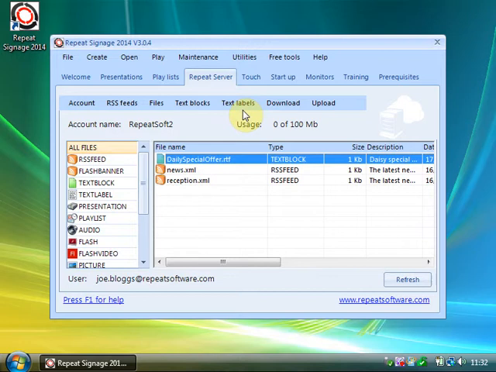Now what we're going to then do is create a presentation, insert that text into it, and as the presentation is playing it will play whatever the current text is. "Today's star of the day is Fred Bloggs." And then as soon as the teacher actually makes that change, it will automatically update the board, and that can be done from anywhere. So we're going to start with text labels and text label maintenance,